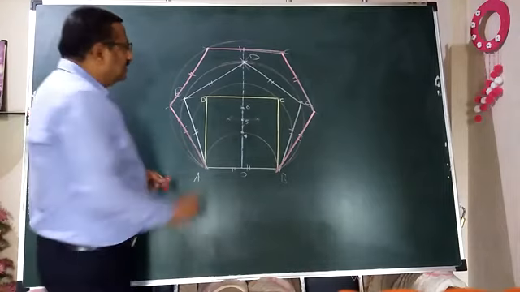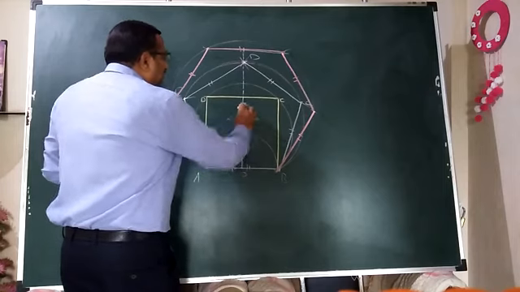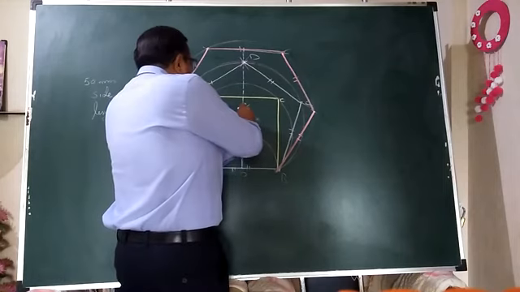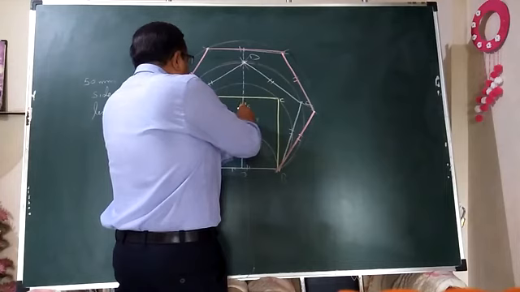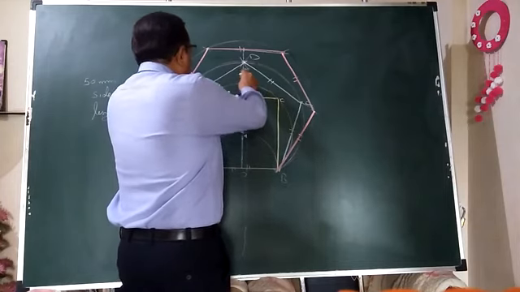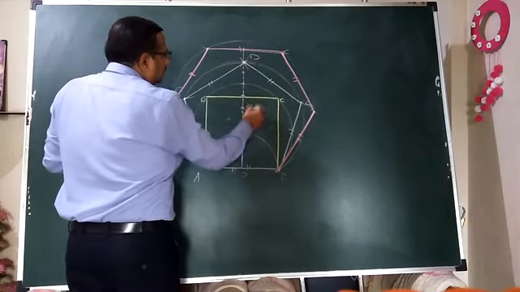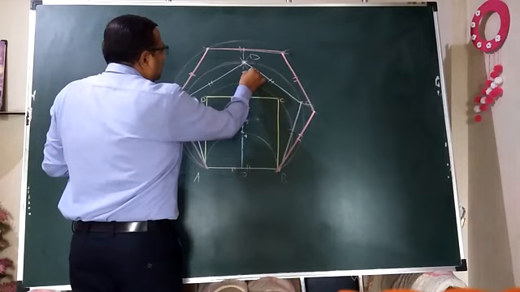What is the procedure then? The same distance you have to pick in the compass. 4, 5 is equal to 5, 6, and go on marking the same distance in the upward direction in this way. 4, 5 is equal to 5, 6 is equal to 6, 7 is equal to 7, 8 is equal to 8. Means what? 6, 7 will be here, 8 will be here, 9 will be here.